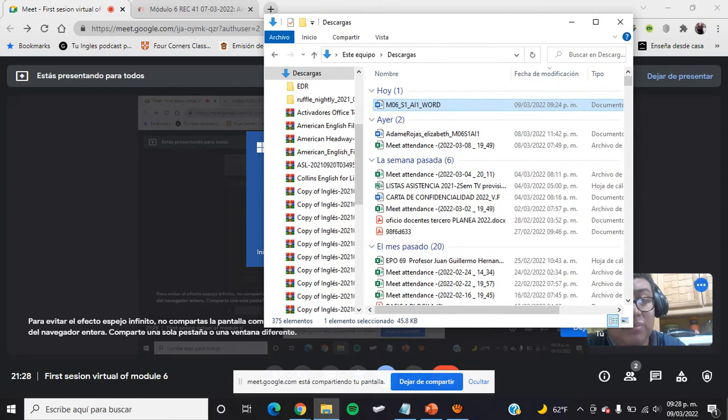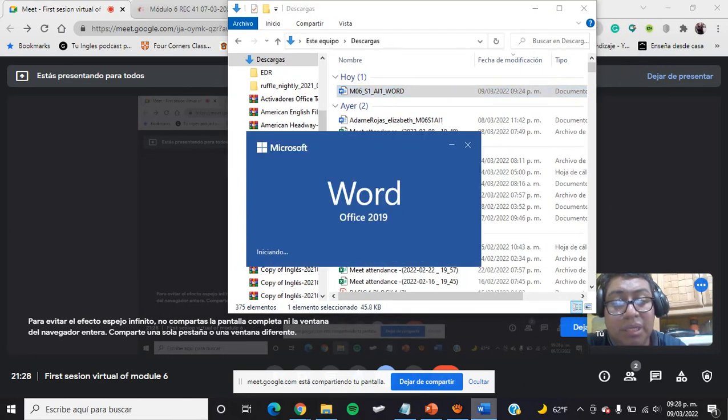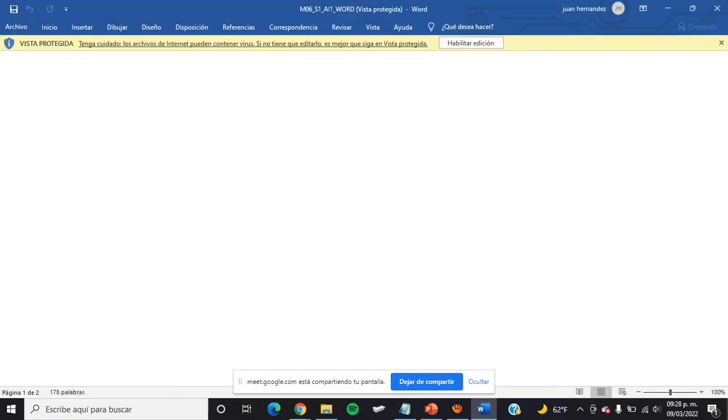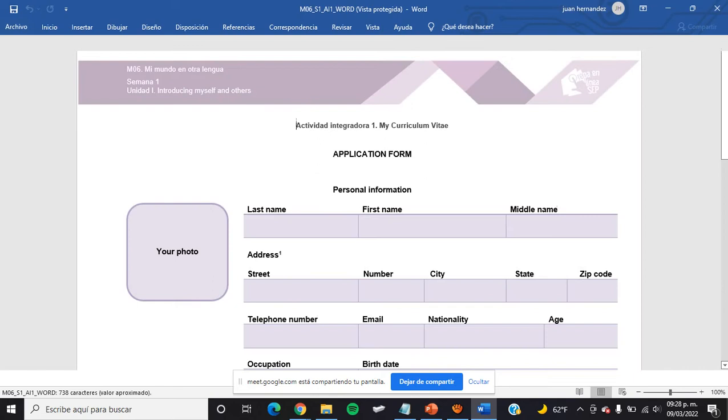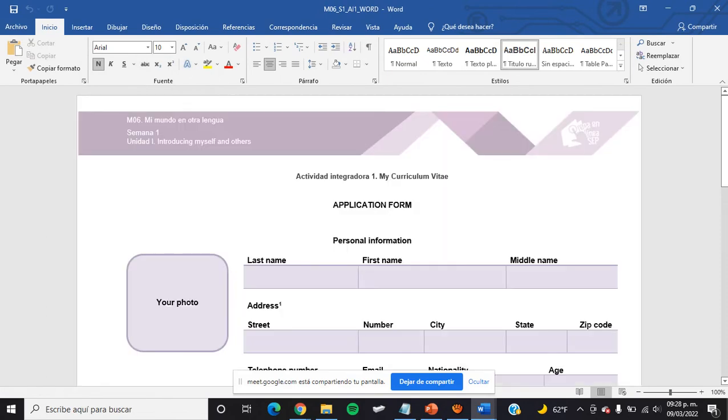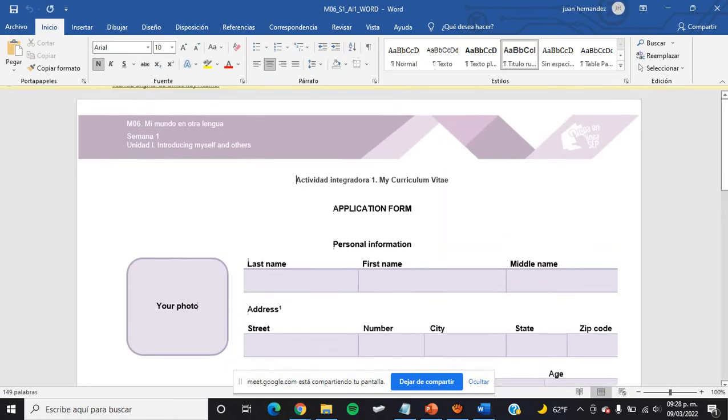Okay. Now I'm going to open the document again and I'm going to wait so the computer can make the change. Don't worry. Let me, one minute. Let me. Oh, I'm going to click enable editing, if not, it won't let me. Okay, now I can't. Oh, my computer is working on the information, it is processing the information. I'm going to leave. Okay.